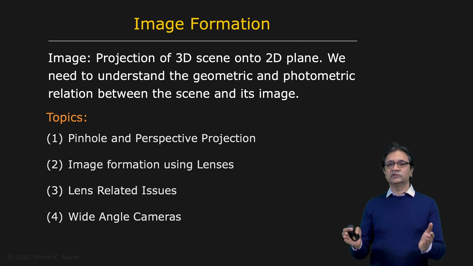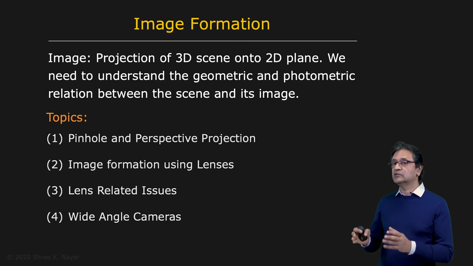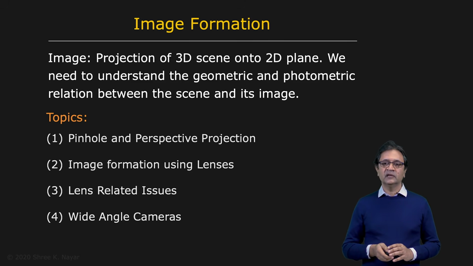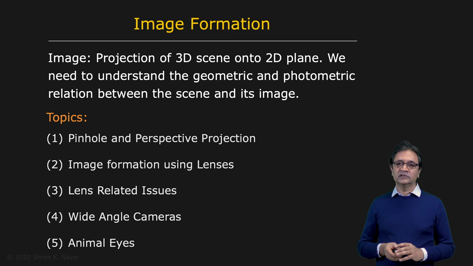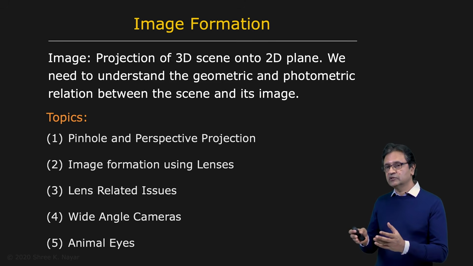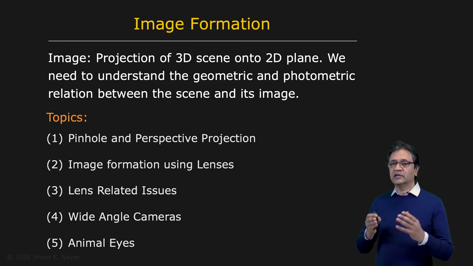For example, a hemispherical field of view. Turns out this cannot be done using perspective projection. And so we design lenses which will allow us to capture very large fields of view, as well as combinations of mirrors and lenses. And finally, we'll talk about biological eyes. We'll talk about some fascinating designs that nature has come up with, and then we'll focus on the human eye and some of its remarkable characteristics.